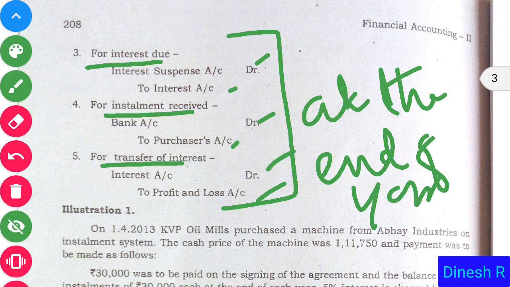We will go for the solution part, solving the problem, in the next class. I will explain problem number 1 with its solution in the next class. Before that, please write question number 1 in your notes. Once I explain the solution, you can write the solution in your notes as well.